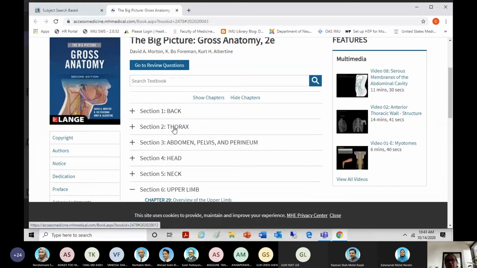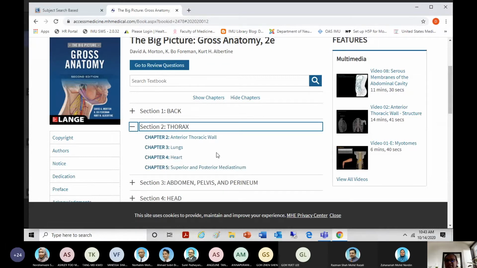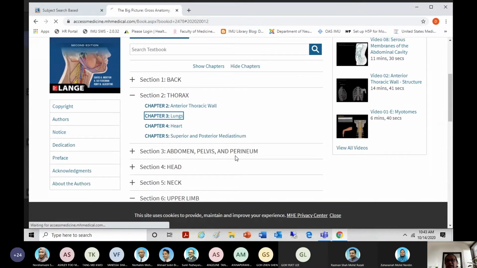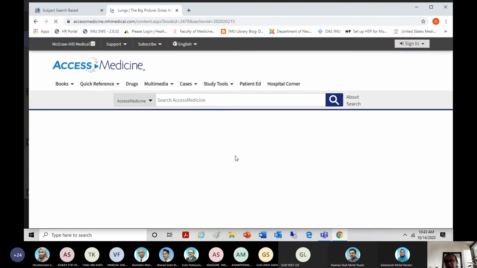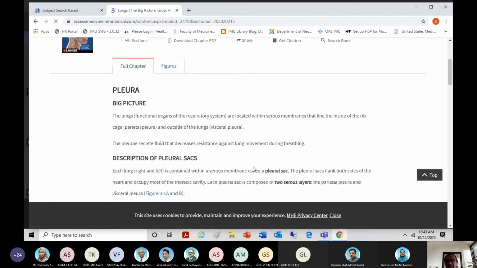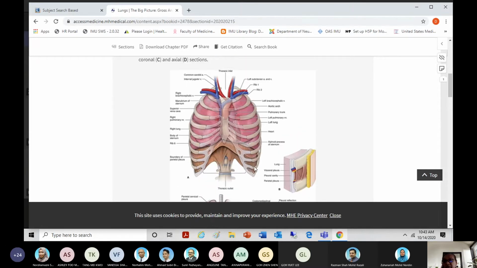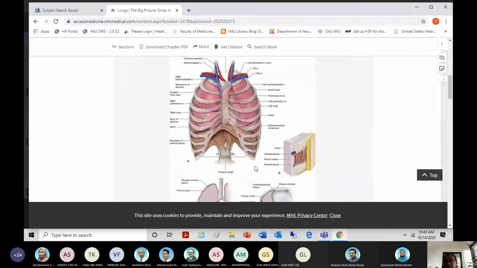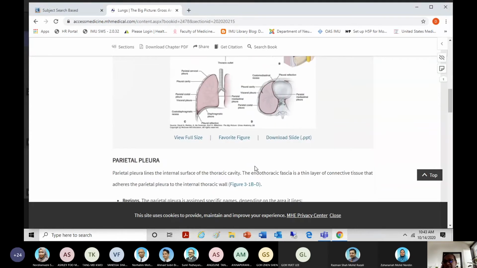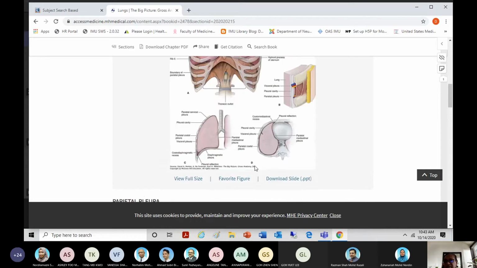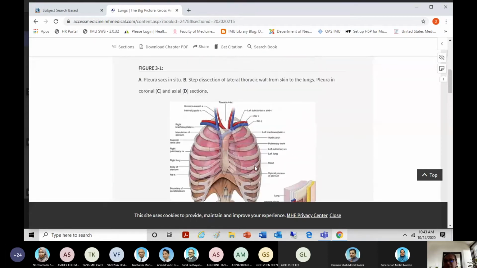When the organ system starts in semester one, you can go for learning lungs, learning heart, and not only that, when you go find out each of the information in this book, it is associated with a very well described, well structured picture. For example, here this part talks about pleura.